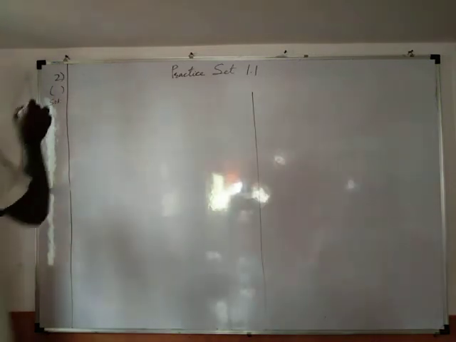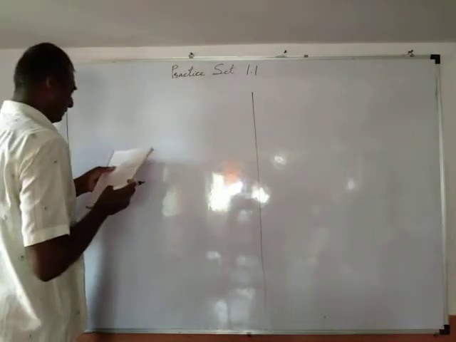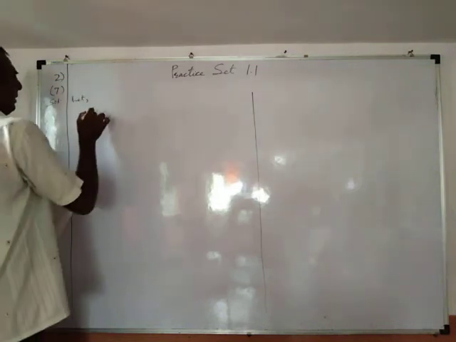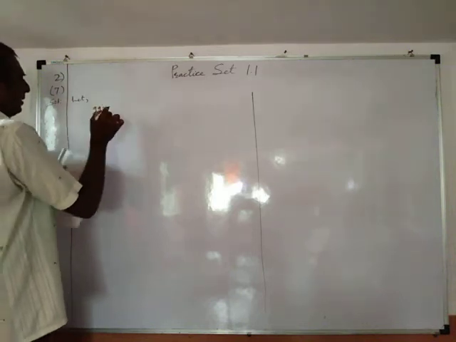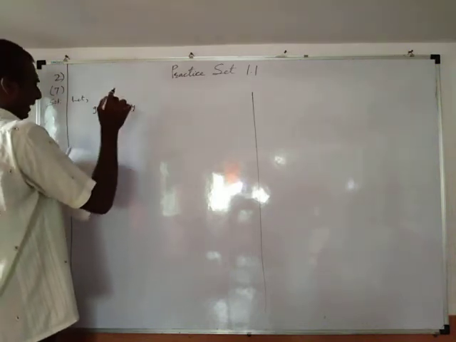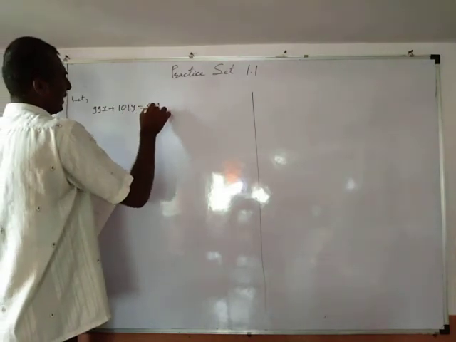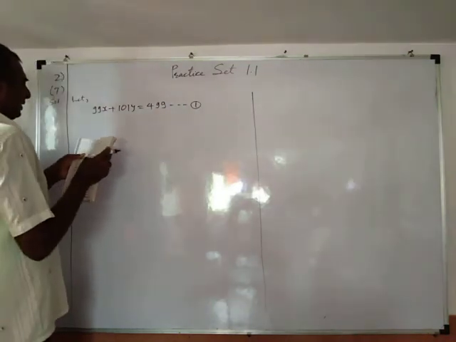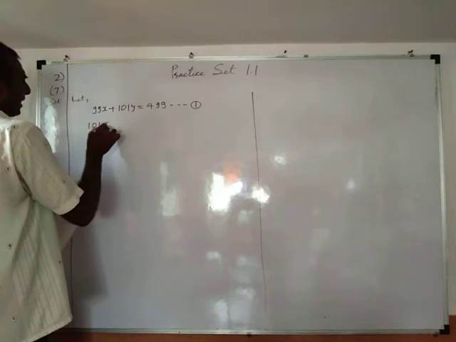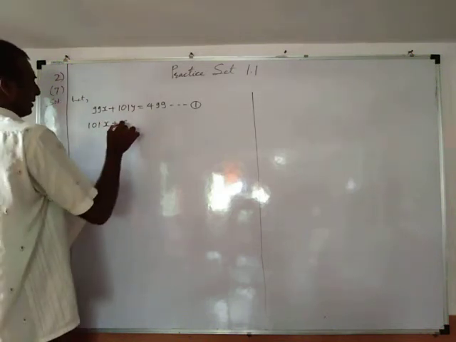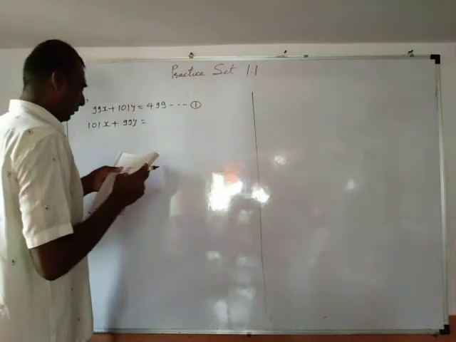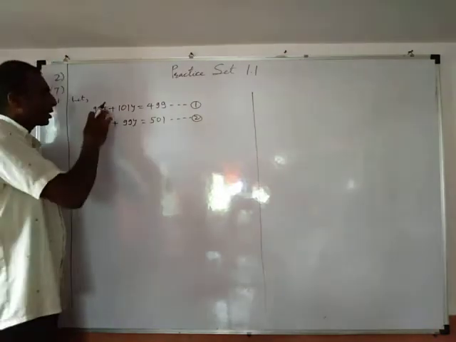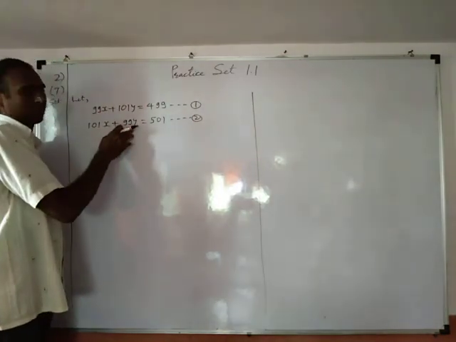Question 7th. Solution. Let 99x plus 101y equal to 499. Let's call it equation first. And second equation, 101x plus 99y equals 501. Now in this case, you may note the coefficient of x in the first equation becomes the coefficient of y,